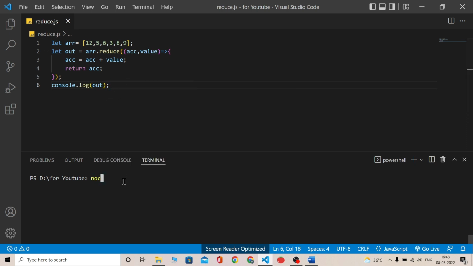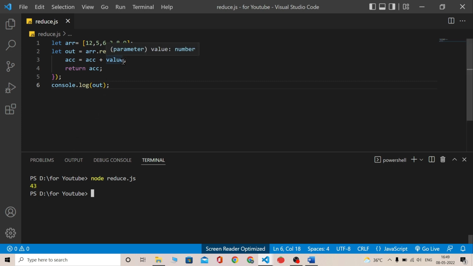Next, I'm writing node on terminal, the file name reduce.js. I'm calling this. Let's see here. All these values are summed and converted into a single value, giving an output. If you add all these values to each other, it will give the result